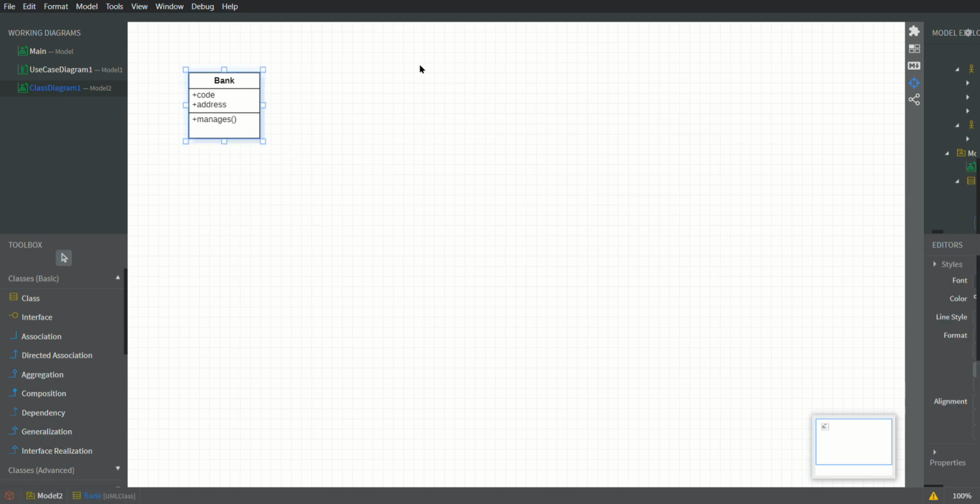You can select either operation or attribute. Here we'll just add one more operation. So the bank class is created, and now let's create another class called